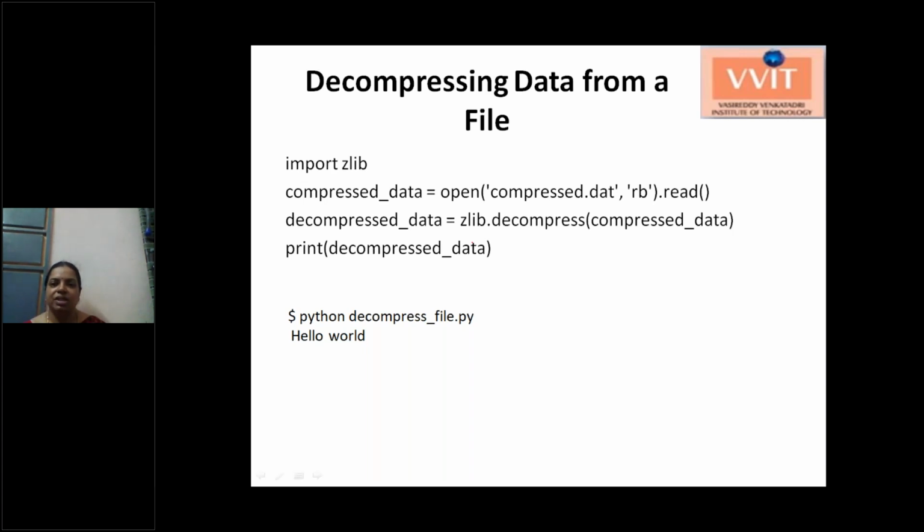So this is the decompressing of the file data. First we'll take a file and read it, and we will compress the data of the file, then decompress the same data. For that, open the required data file in the read binary mode. Then read the data from the file and store it into a variable. Now we'll compress this file data.